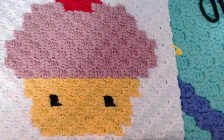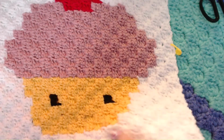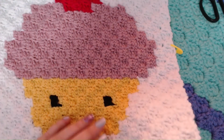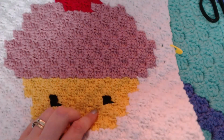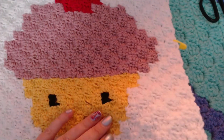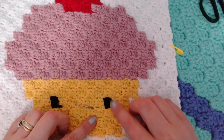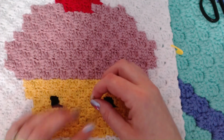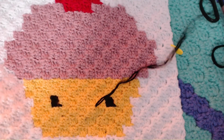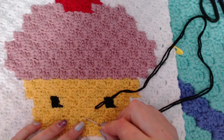Okay, so here is option 2. This is the one I call the no fuss face. That took me a little while to do, to say. Right, so with this one, you are literally going to be weaving, so you're going to come up in the corner of the first square to the left hand side of your right hand eye. You're going to scoot down, and don't pull all your yarn through because you're going to need that to tie in later. You're going to scoot down on the diagonal,